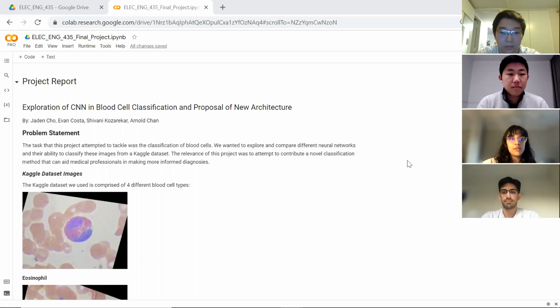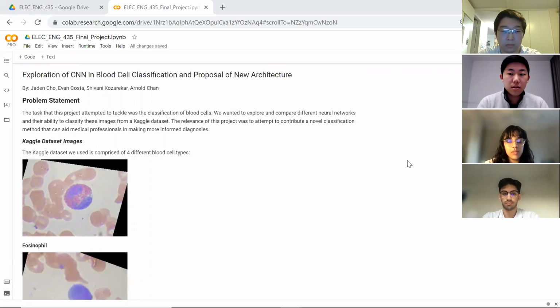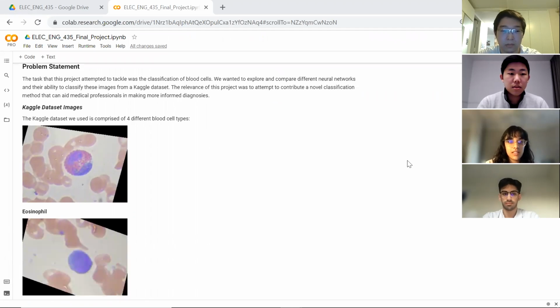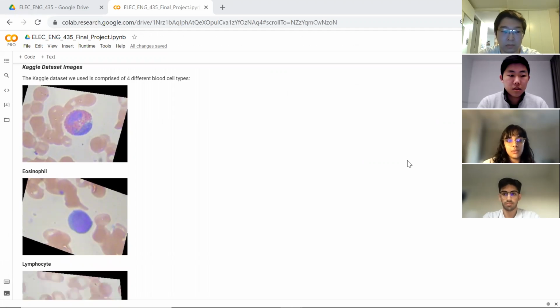Okay. So for our project, we used neural networks to classify different types of blood cells. The reason this problem is relevant is because creating a classifier like this can help medical professionals make more informed diagnoses when diagnosing different types of diseases. And so we used a Kaggle data set with 4 different blood cell types that we were classifying, as you